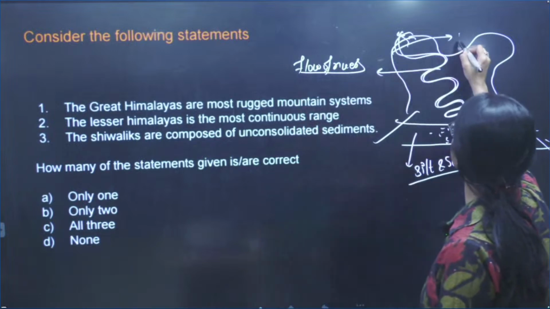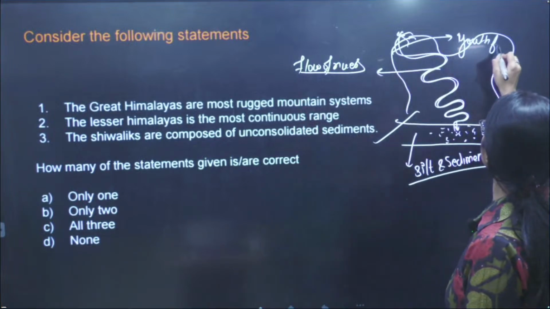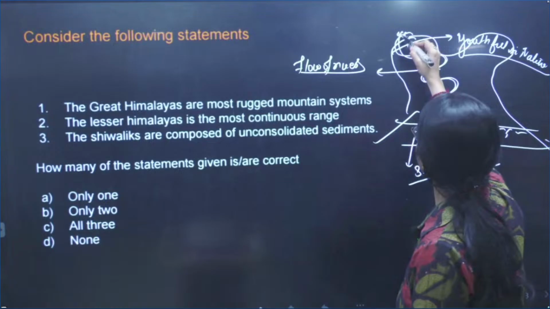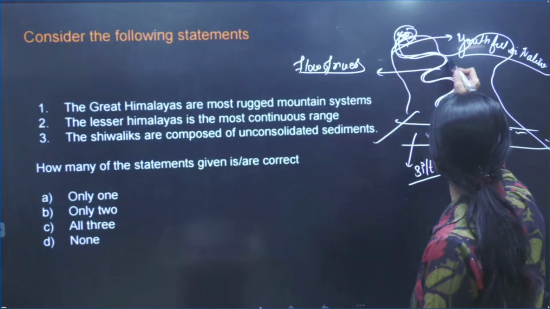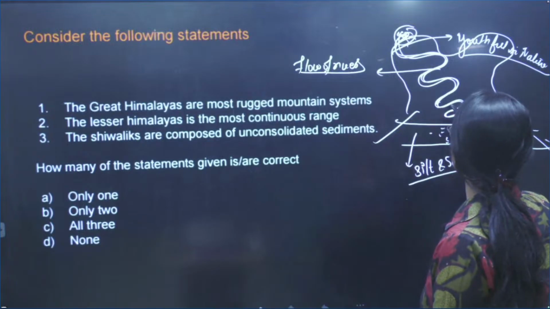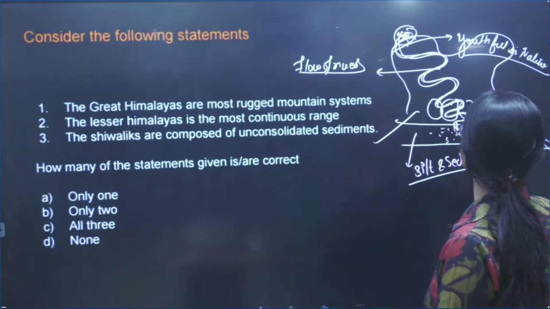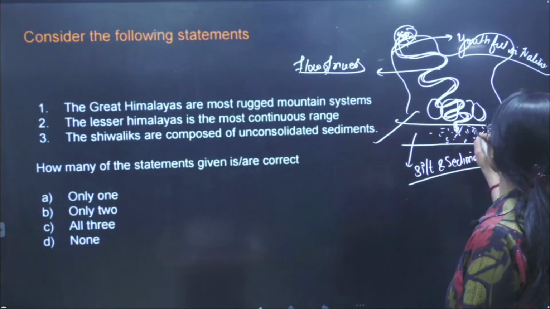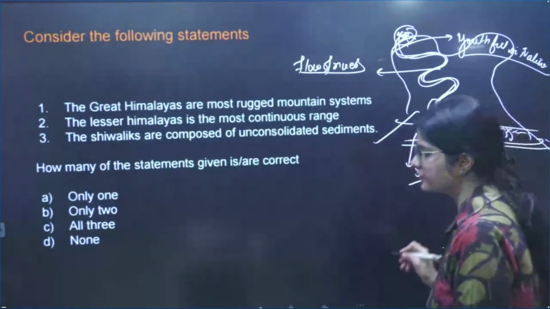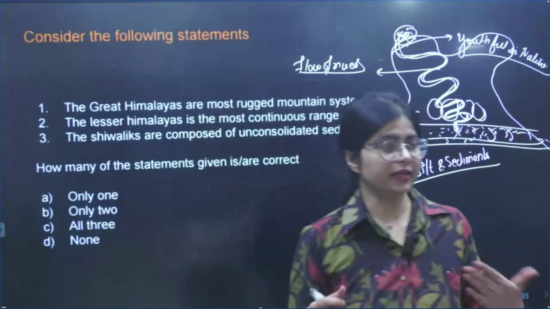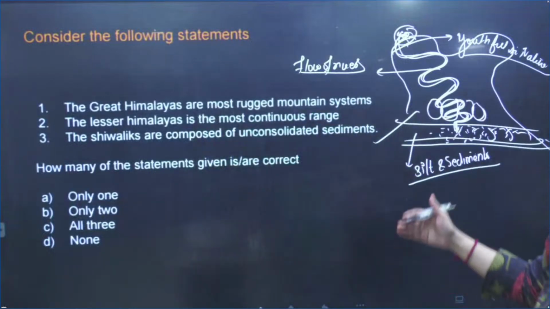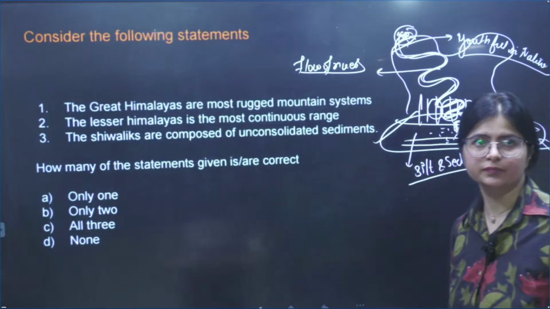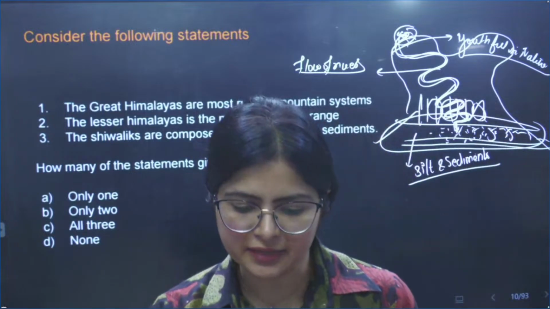First reason is that these rivers are very youthful in nature. They are youthful in nature and they are coming from the height. So they are bringing lot of silt sediments along with them, and the bigger blocks they stay here, right? And when they seep through this passage, they are able to build the sediments here, and that's why the Shivaliks are more fertile in nature as compared to the upper parts of the Himalayas. So this is how your Shivaliks have been formed.